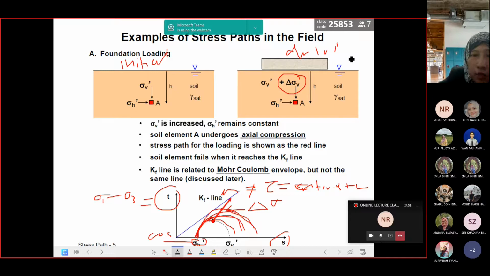So just now condition dalam keadaan rest. Bagaimana conditions kalau you kenakan loading? Because as I said earlier, stress path ni kita nak dapat gambaran clear tegasan di tapak bila dia dikenakan beban atau dia tiada beban, ataupun beban tu kita alihkan, kita remove. This is example